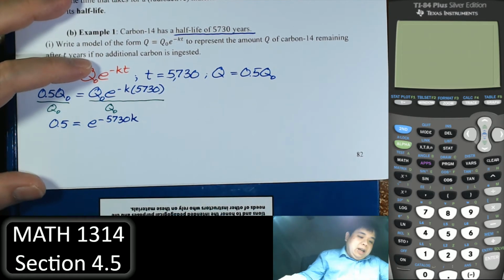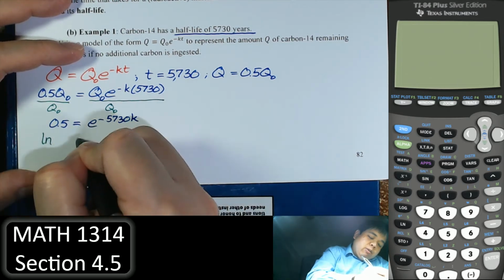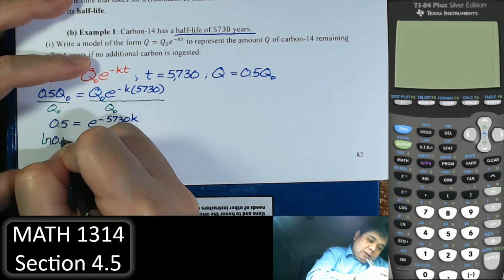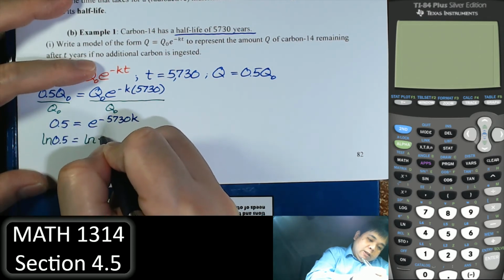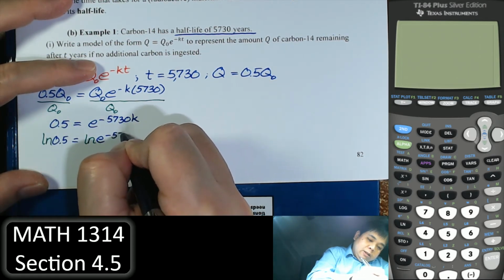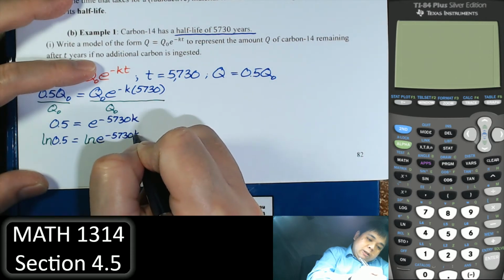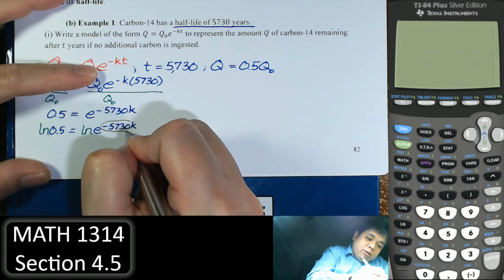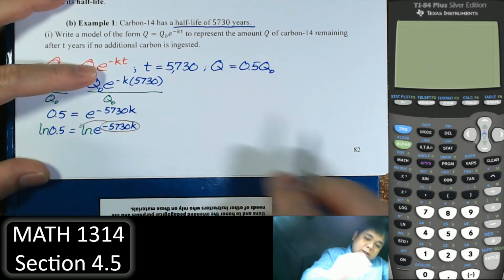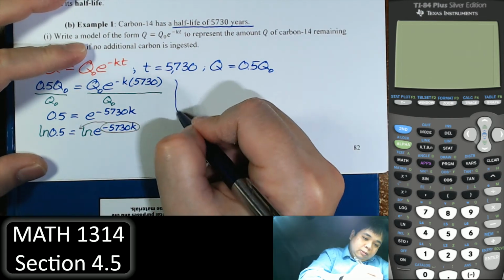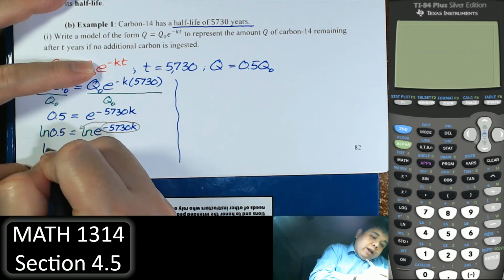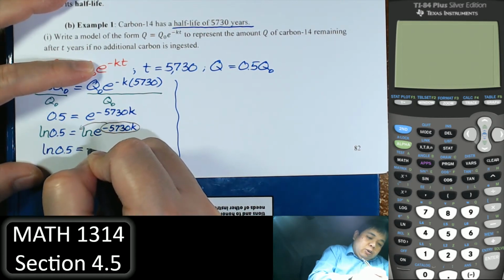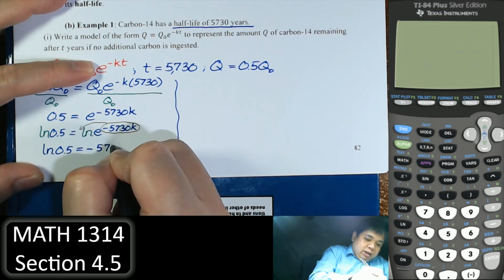Right. And we know that we need to take ln on both sides, which allows us to bring down the exponent. So we have ln of 0.5 equal to negative 5,730k